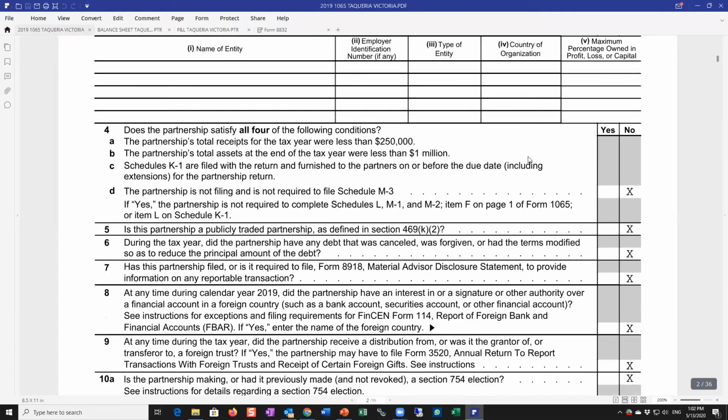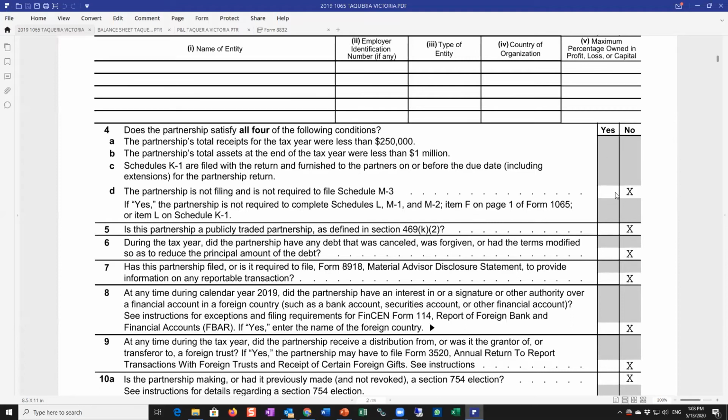Number 4, this is important. Does any partnership satisfy these conditions? Now, if you satisfy these conditions, this is where you're gonna save yourself some time. Number 1, your total receipts were less than $250,000. Well, yeah. The partnership assets at the end of the year were less than $1 million. Well, yeah, okay. Are you including Schedule K-1s with your return? Yes. If you said yes to those,